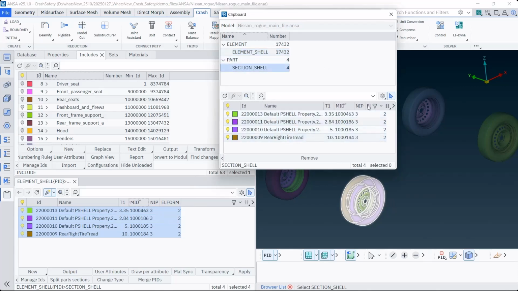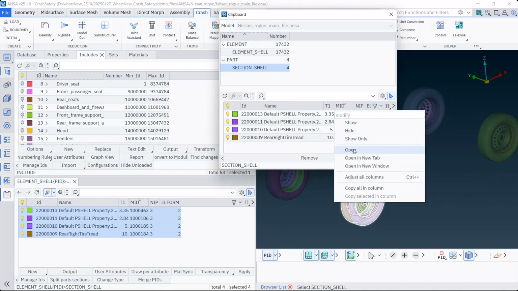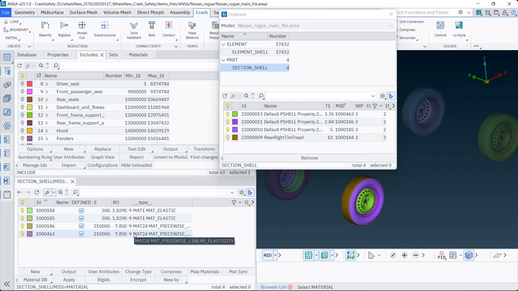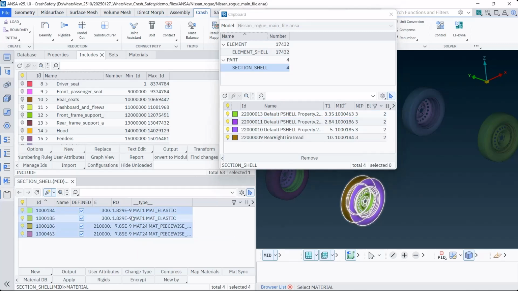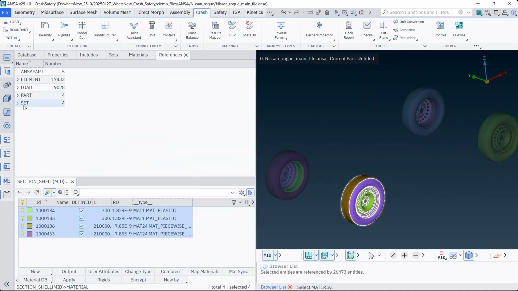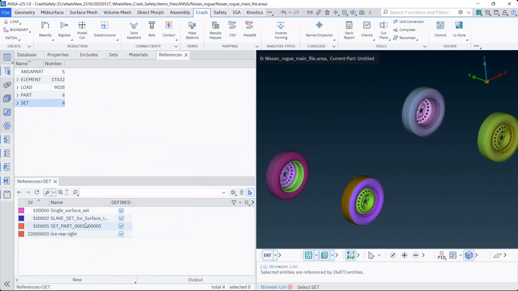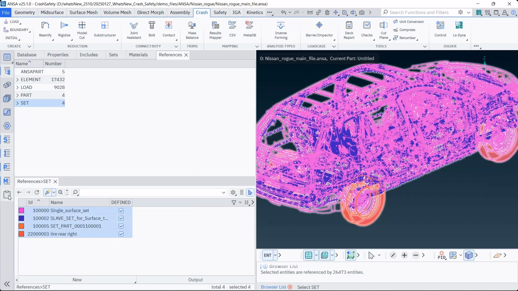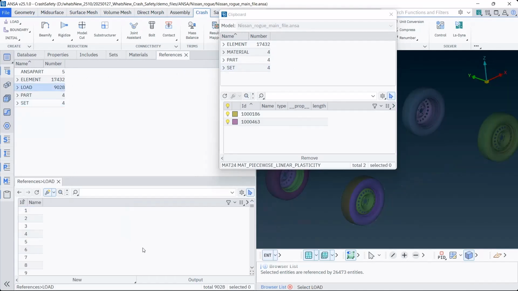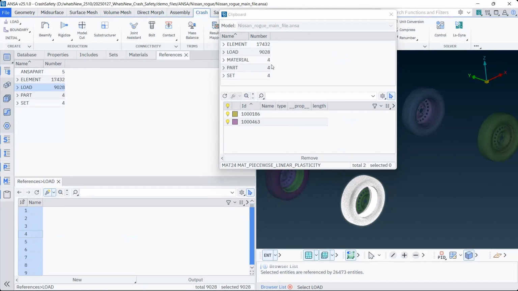By double-clicking on the Parts section, the MID column appears. We can open a list of materials associated with the wheel by right-clicking on the MID field, which can also be dragged and dropped in a clipboard container. Furthermore, right-clicking within the container and selecting Reference will display all entities that are referenced by those contained within the clipboard. We then need to drag and drop into the container all the loads applied to the wheel, as well as sets that reference the entities of the wheel. At this point, all entities related to the wheel are successfully contained in one self-contained clipboard entity.